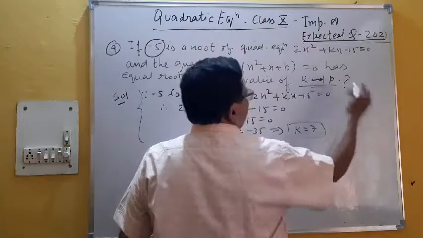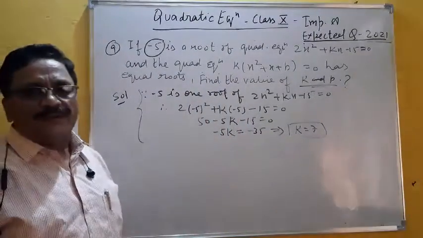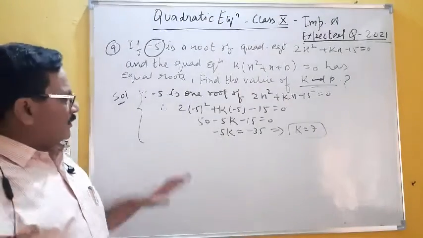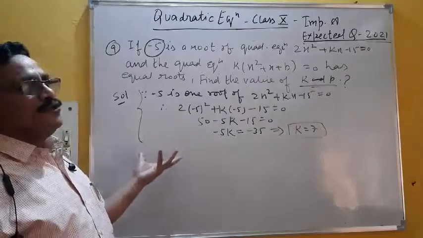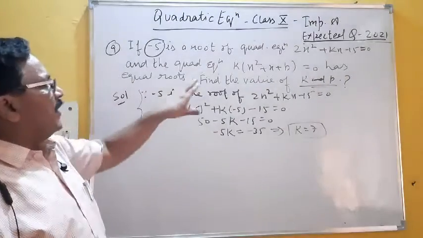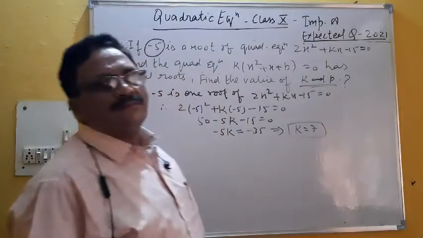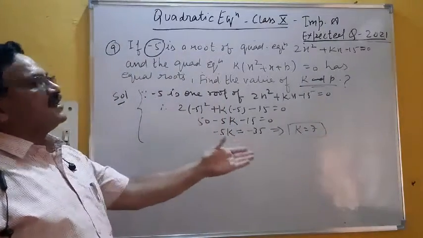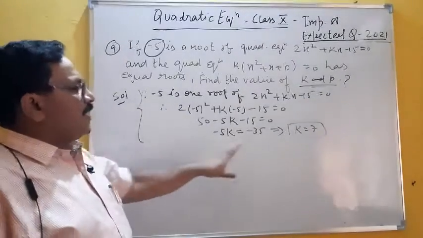You got the meaning of what I want to say? If it is required only for p, nobody will cut your marks if you calculate this part, but unnecessarily you are wasting your time. The reason is, when you substitute the value of k there and transfer this side, what will you get? 0. x square plus x plus p you will get as it is. But if k is required, then solve it.